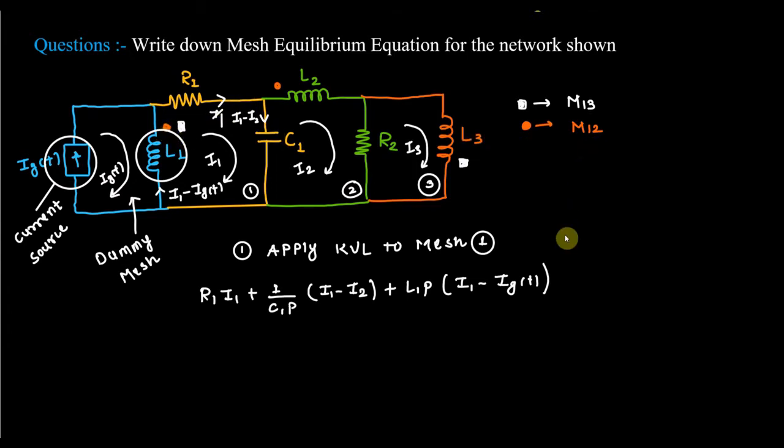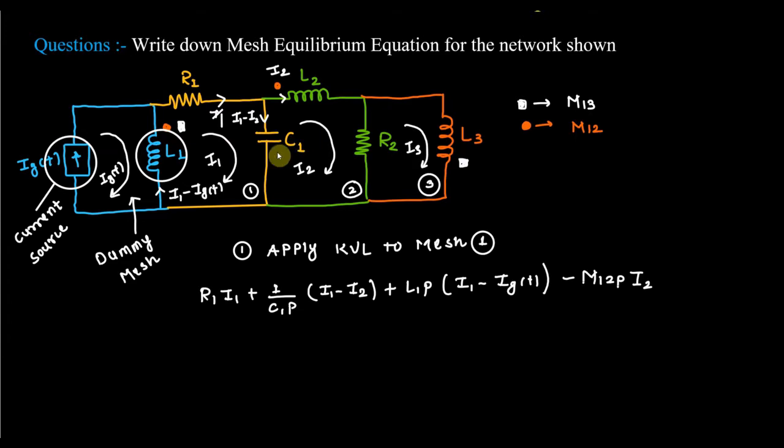For the circle, what is the magnitude? I have told you in the previous class also. First we write the magnitude M12P, then we write the current. L1 is mutually coupled with L2, so find out the current in L2. The current in L2 is simply I2. Now check the sign. In the first loop, the current in L1 is leaving from this dot, and when you consider I2, the current is entering from this dot into L2. So one current is entering, another current is leaving, and in that case we have to treat that as a minus.